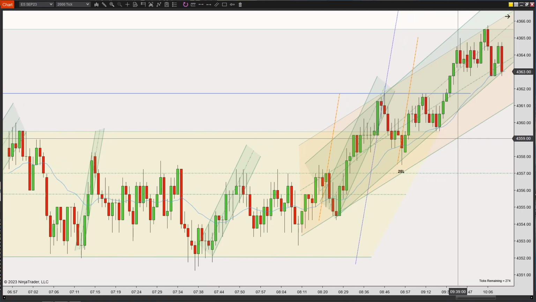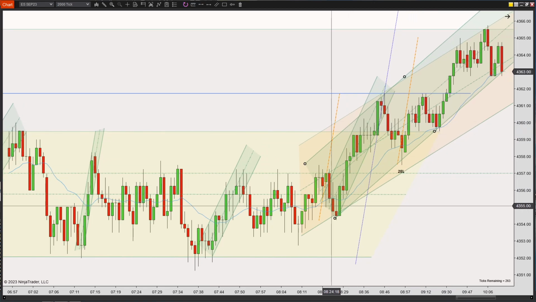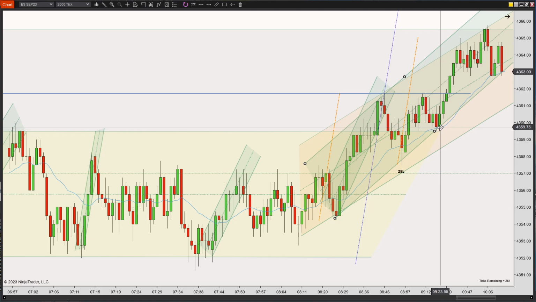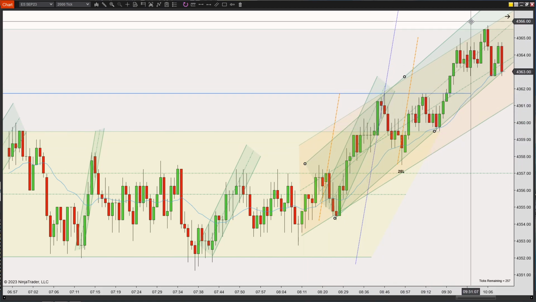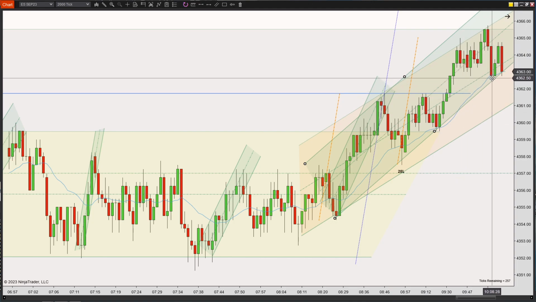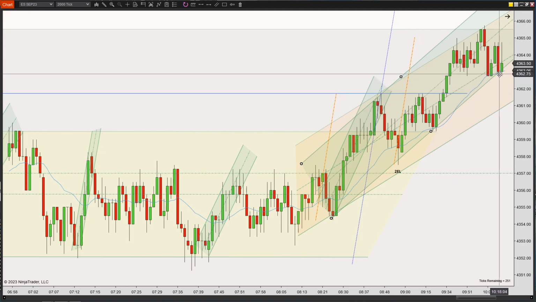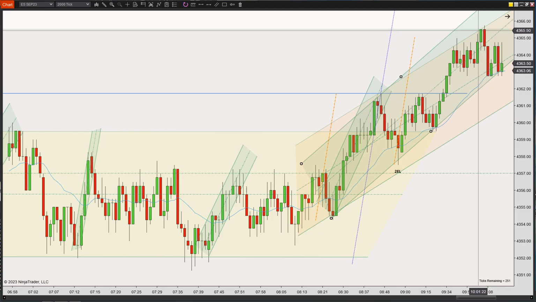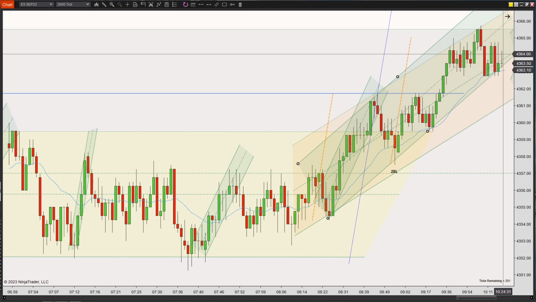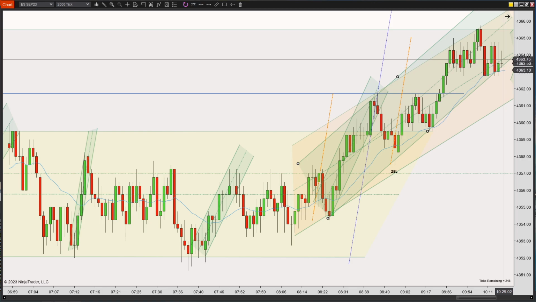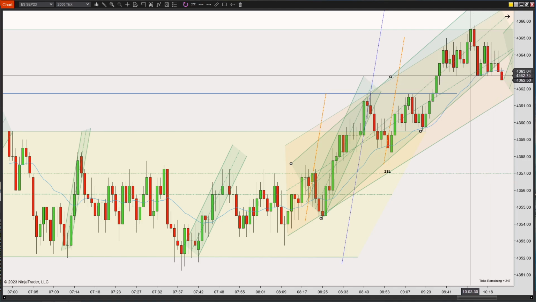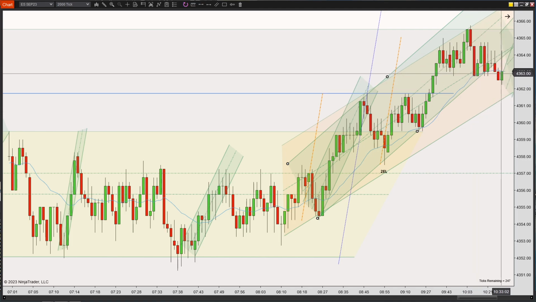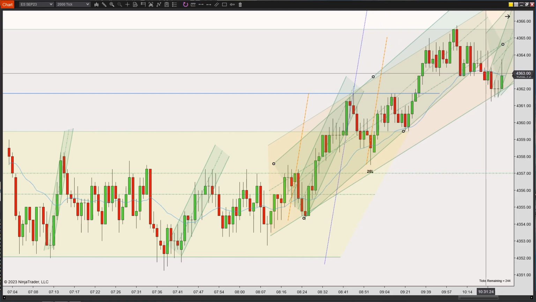Let's continue moving up. At first, I had this green channel that touched once, touched twice, touched three times. The top didn't touch very many times, it's just one, and it didn't really touch again. But here it touched the third, well, in this case, the fourth time, and it doesn't really set up quite nicely. So you have a first entry long. Technically, you have a second entry long potentially setting up here, but this is a very terrible signal bar. It double tops and then it flashes down. So if you had your stop one tick below this consolidation, you would have gotten stopped out. But it's just hard to read.